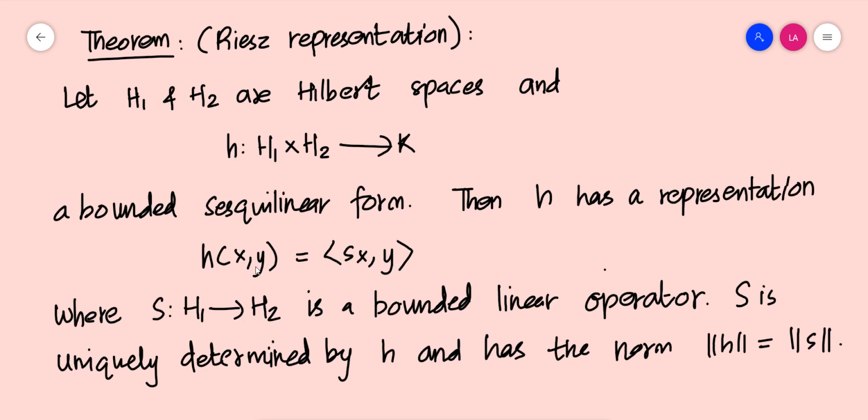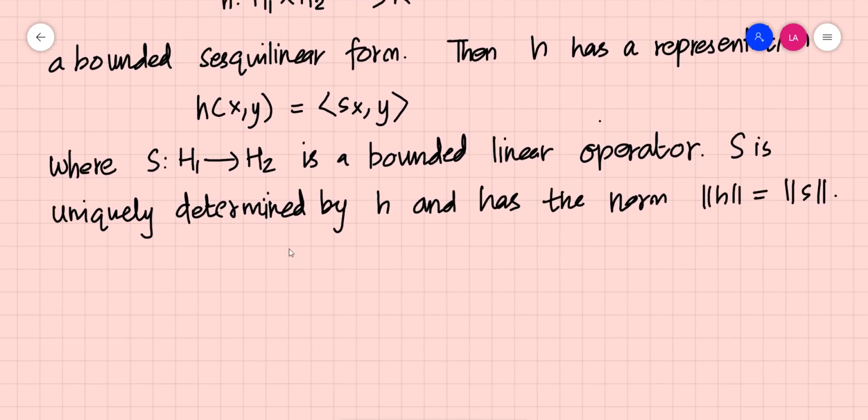So if you take an arbitrary bounded linear operator from a Hilbert space H1 to another Hilbert space H2, we can easily say that this operator is uniquely characterized by this sesquilinear form h, and using this relation we can easily obtain S as well. The norm of S can be easily obtained using the norm of h, since both of them are the same. So we have to prove this. In order to prove this,